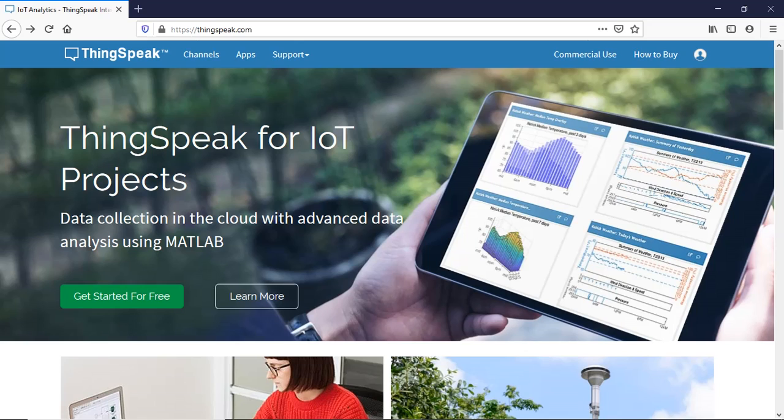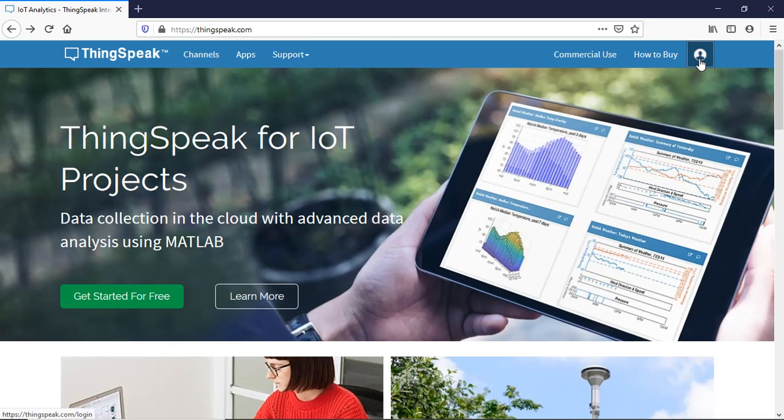Here we are at the ThingSpeak homepage. Let me give a brief introduction about ThingSpeak. ThingSpeak is an IoT analytics platform which is used to read, visualize and analyze live streams in the cloud. This platform, especially the free version of ThingSpeak, is used for prototyping and to draw proof of concepts for those IoT systems which require analytics. So now let's set up a ThingSpeak account and start putting data onto the cloud here.